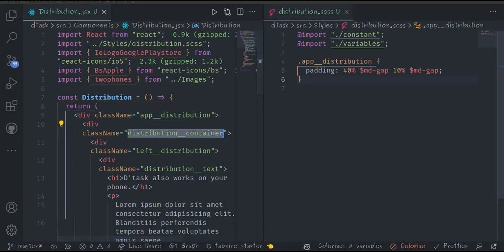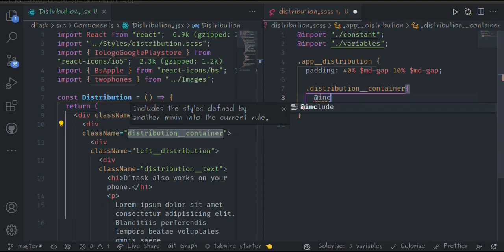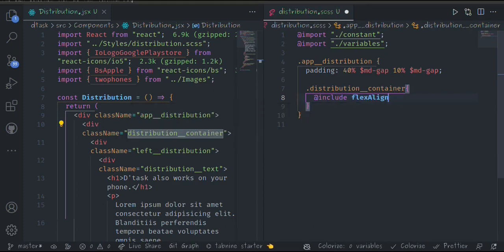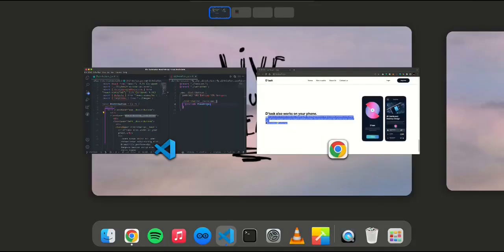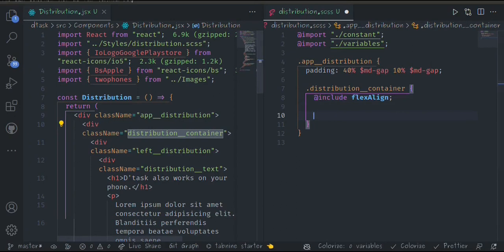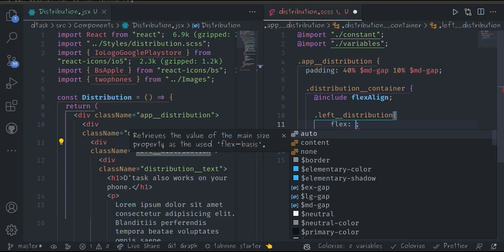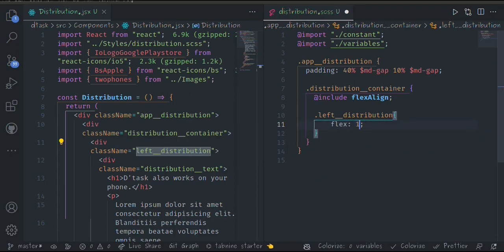So taking my distribution container, what I will have here is going to be distribution container, and I'm going to include, first thing first here, flex align, like this. And I'm going to take my left distribution here, also as usual. First, we are going to give it a flex of 1,